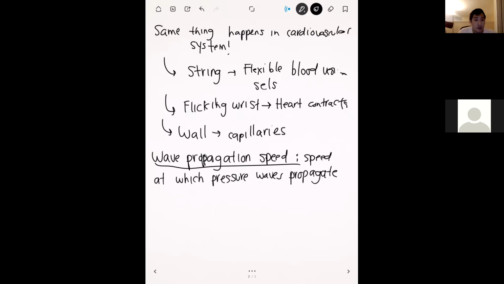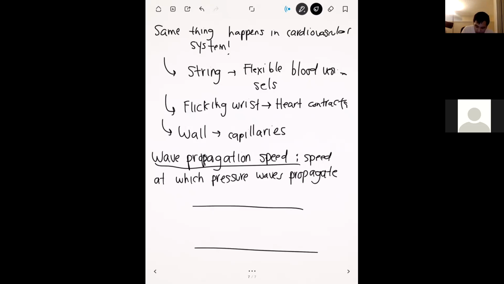And this pressure wave propagation speed is actually different from the blood velocity. I think this is the part that confused me for the longest time too. So whenever you have a blood vessel,